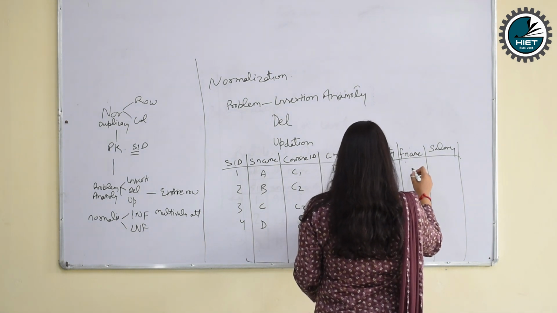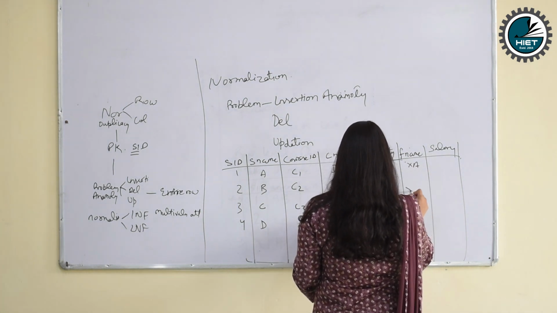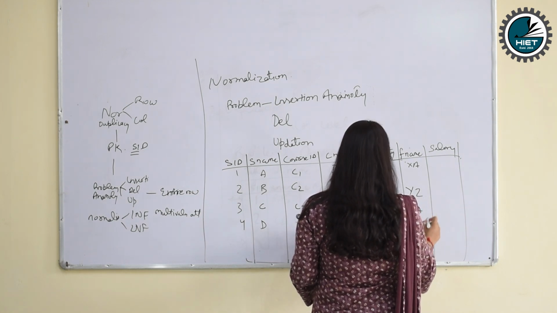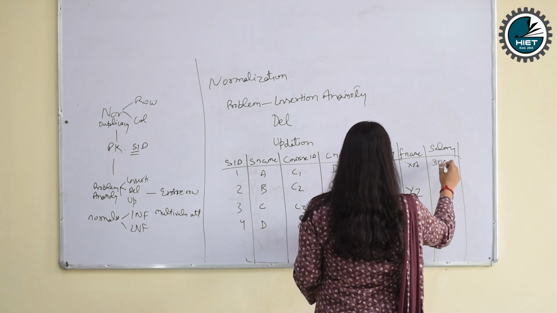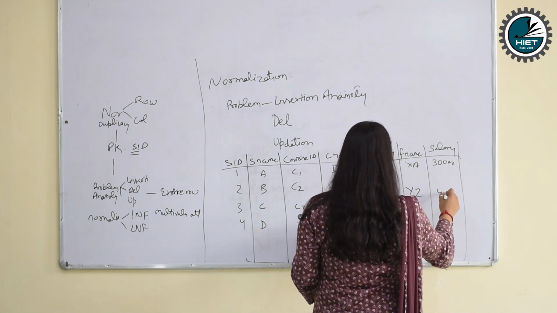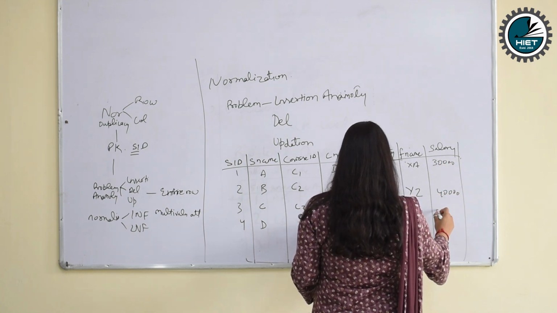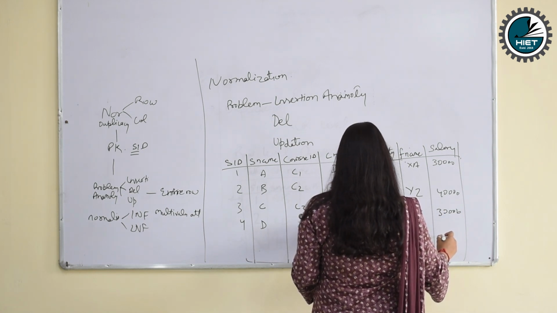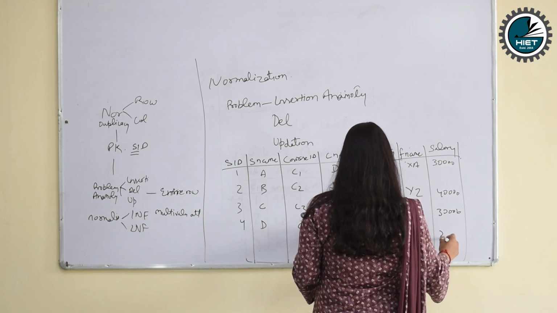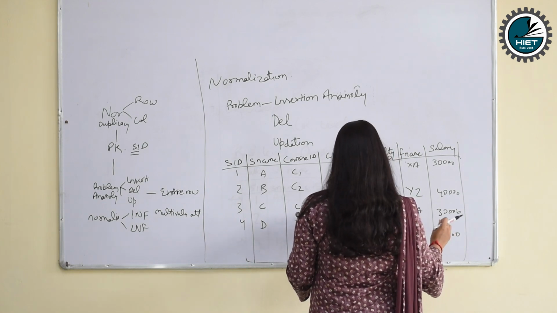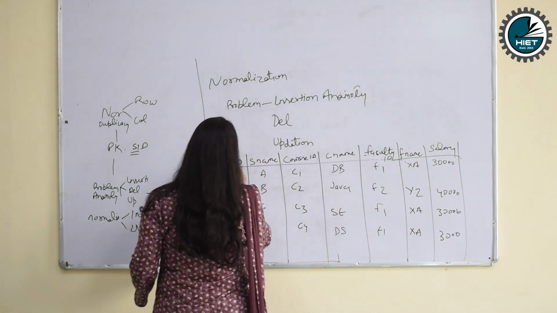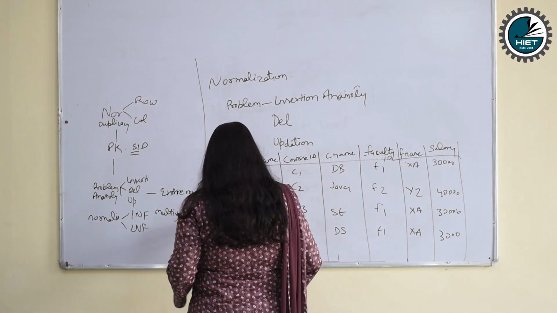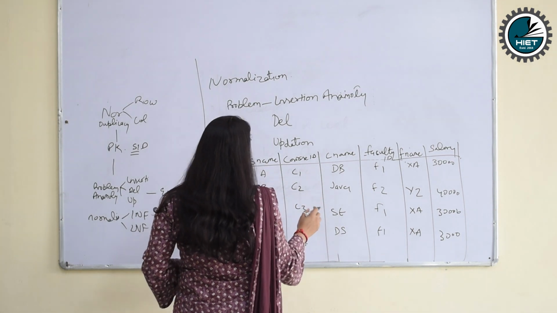Faculty names XA, YZ, XA, XA. Salaries 30,000, 40,000, 30,000 and 30,000. So we have a table here, and suppose we want to insert something in this table, for example,